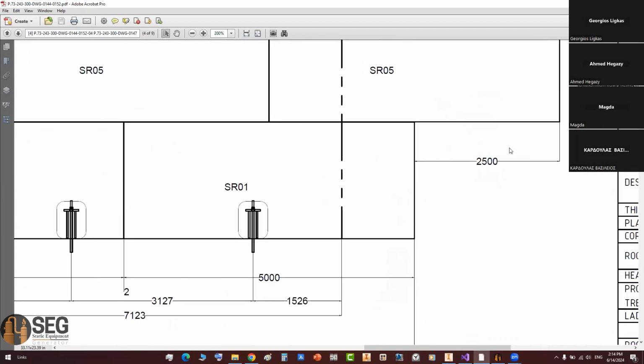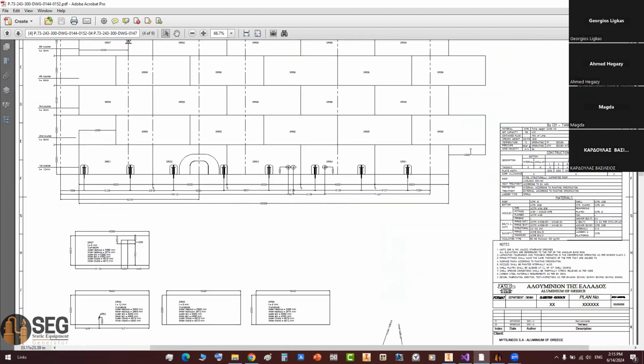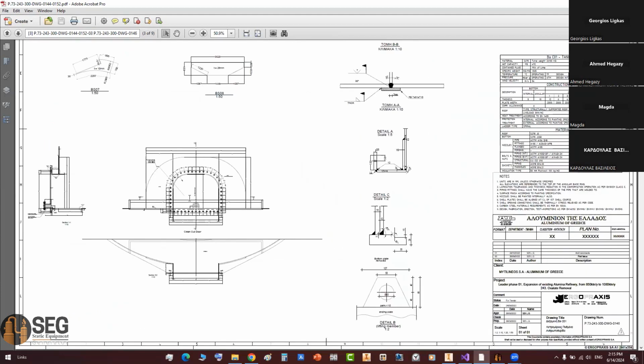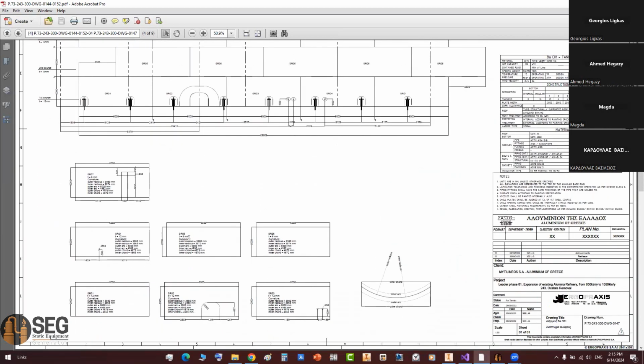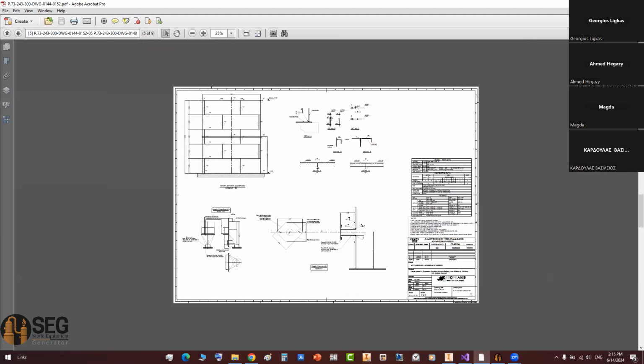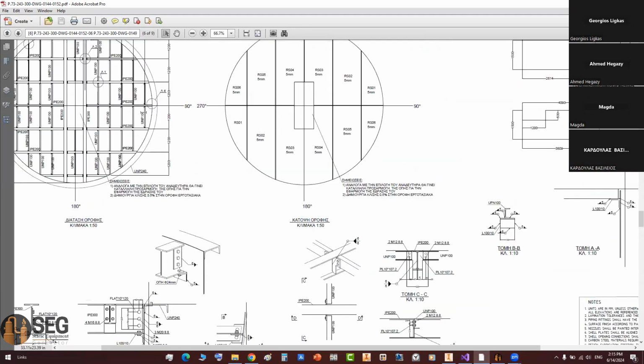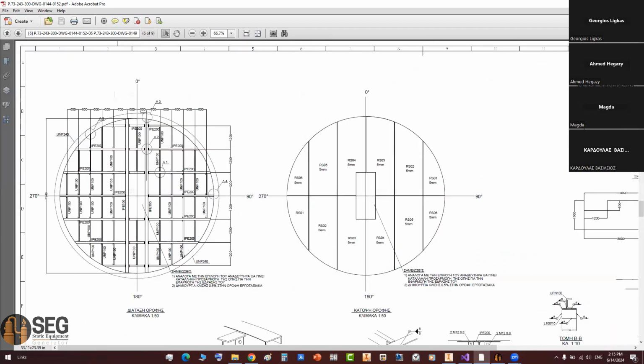Okay, and adjust the offset of the lines, and we can calculate it by using SEG. And we will discuss the roof structure, and how we can include it as an external assembly to the design. Okay, now let's